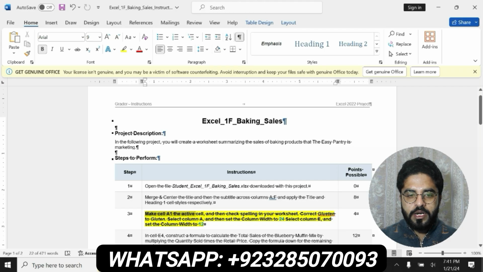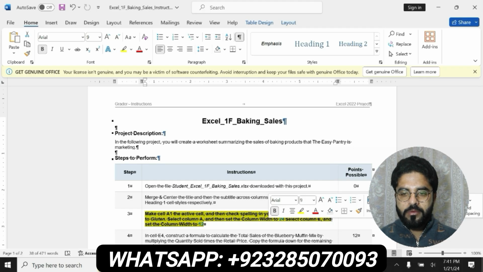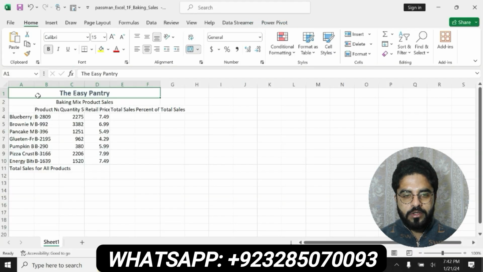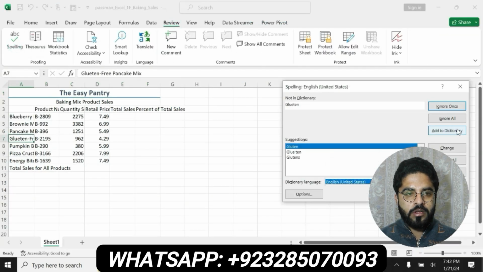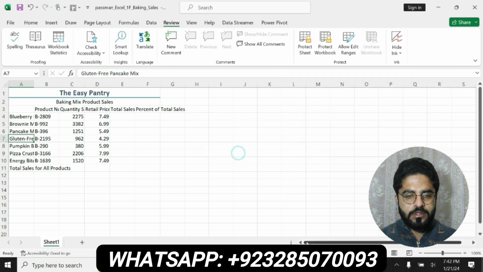Select column E and set the column width to 12. You will have to correct these spellings. The incorrect spelling keywords are mentioned in this question, like gluten. In the Review tab, click on the Spelling button. Check this, press OK,